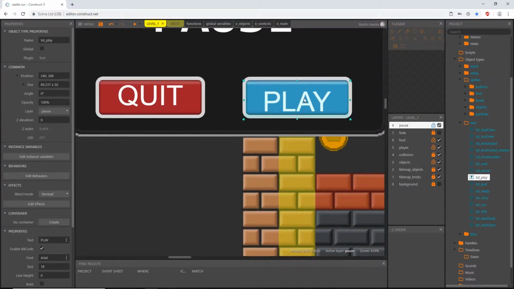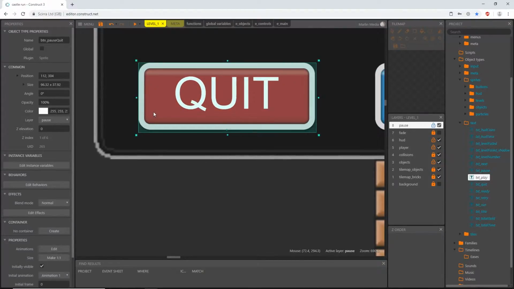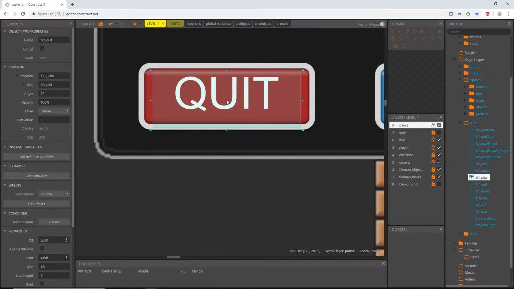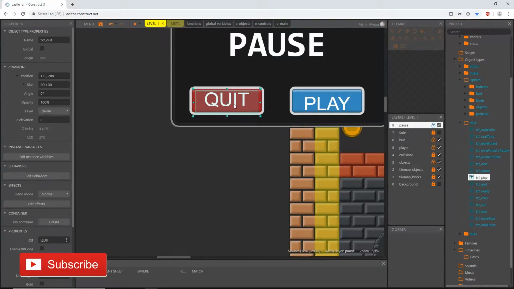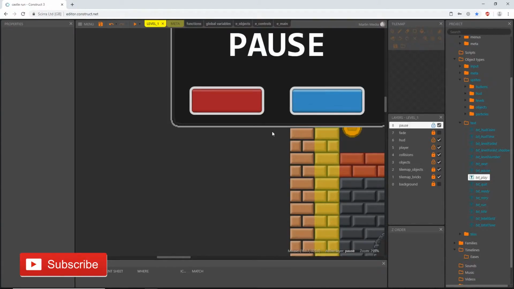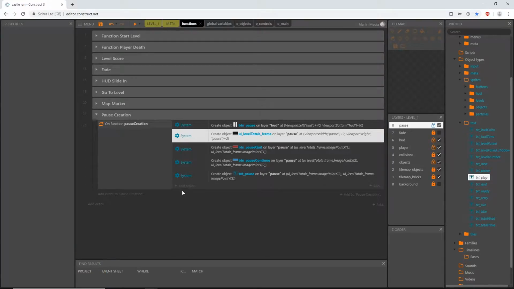So that is what it'll look like when this comes up. I'm going to zoom in and show you on our button, we have our origin point down here, bottom center. On our text, we have the origin point in the center of the middle. So I want it to match up on the X plane exactly with the image point of the button, but I want the Y to be up further. Okay, so I'm going to delete both of these, and back over on our functions, we're going to add another